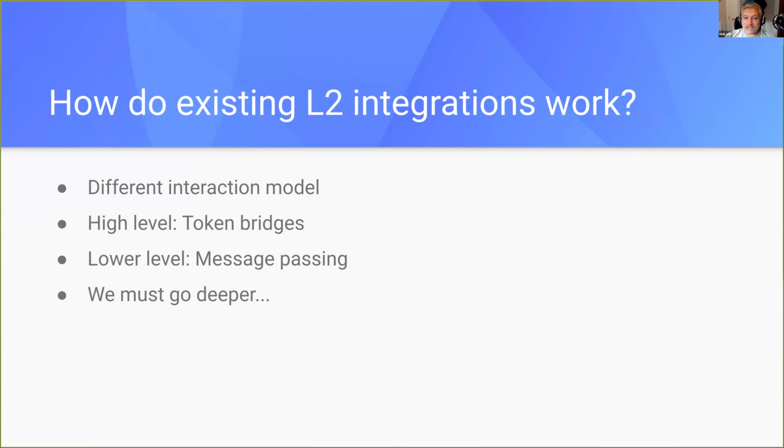The basic high-level primitive that's typically provided is a token bridge. So you have a token on L1, you want to move it to, say, Optimism, you use some sort of bridge, and what that does is it locks up your token on L1, and it creates a clone of that token on Optimism that you can then use and move around and so on. And if you ever want to move it back, then it burns that token on Optimism and it unlocks it on L1 to whoever the new owner is.